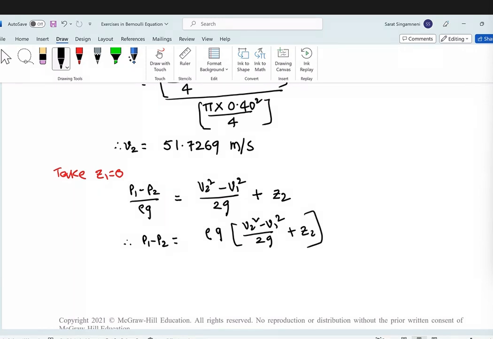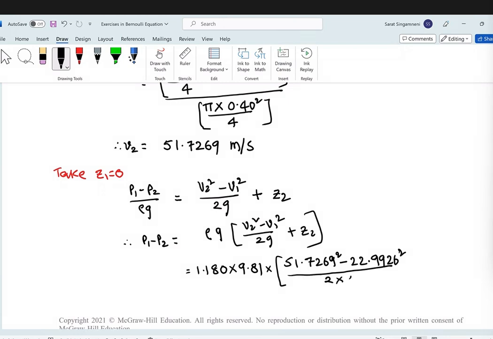Substitute the known quantities, that is equal to 1.180 times 9.81, because air is the one which is flowing through that pipe, times V2 we know already, 51.7269 squared minus V1, 22.9926 squared divided by 2 times 9.81